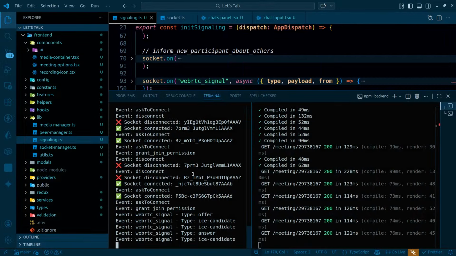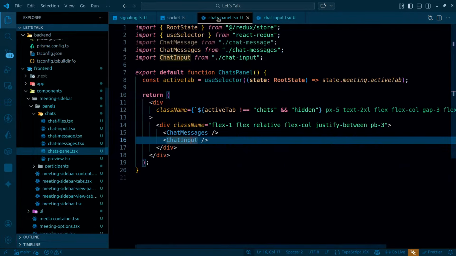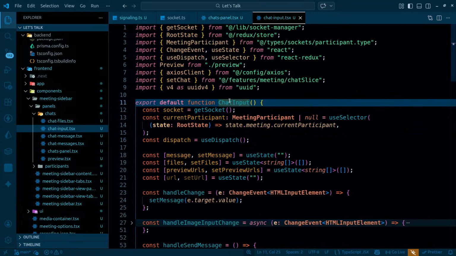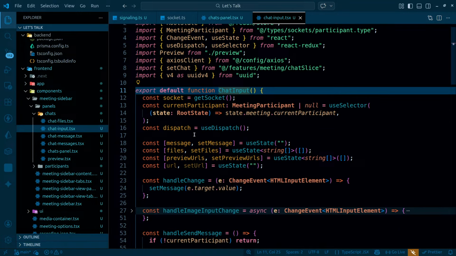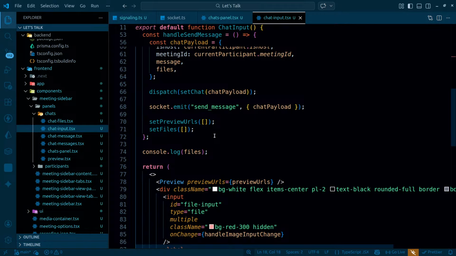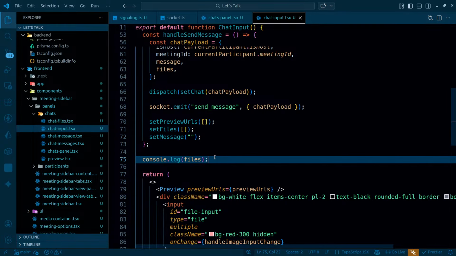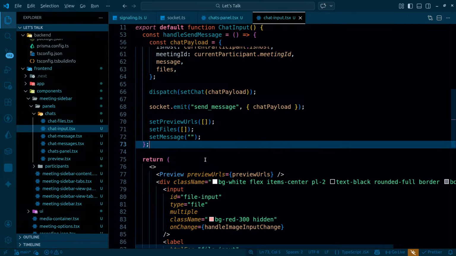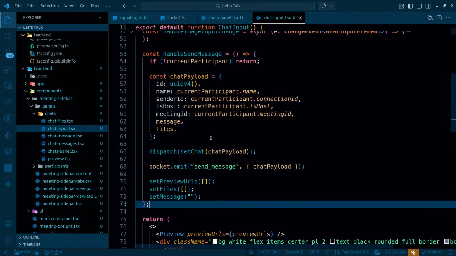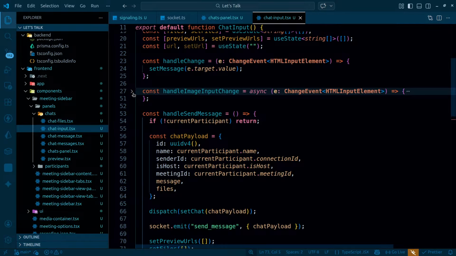So what I can do, I can go to my chats panel, input box, and inside the input box I have this message. So when I send the message, I'm going to be making it empty. So set message is actually going to be empty. Not only that, the other thing is that what I want, as soon as I click enter, so what will I do, I will keep inputting the values. So I will keep getting the